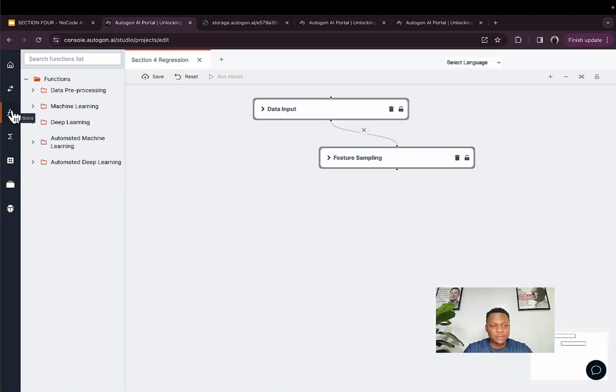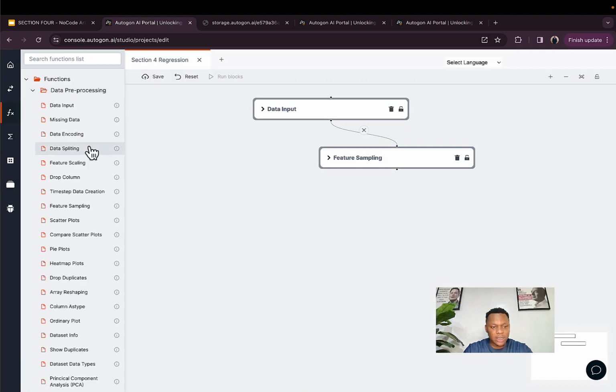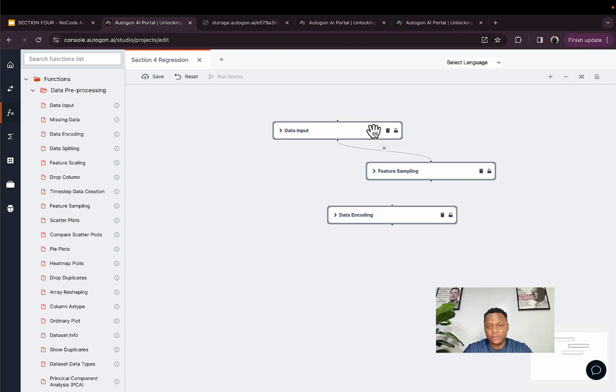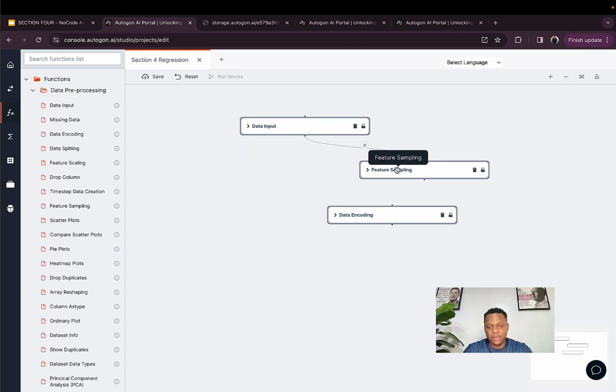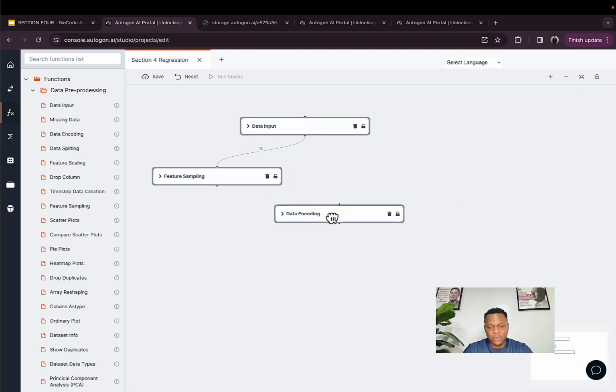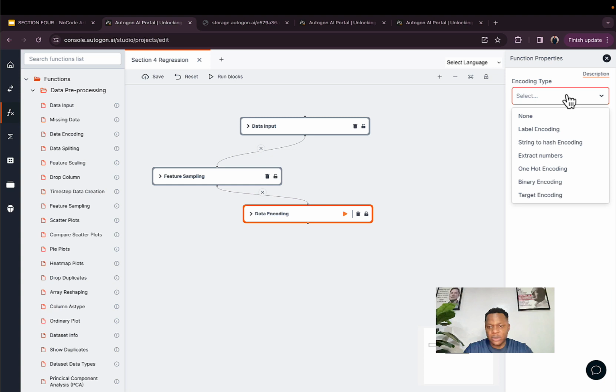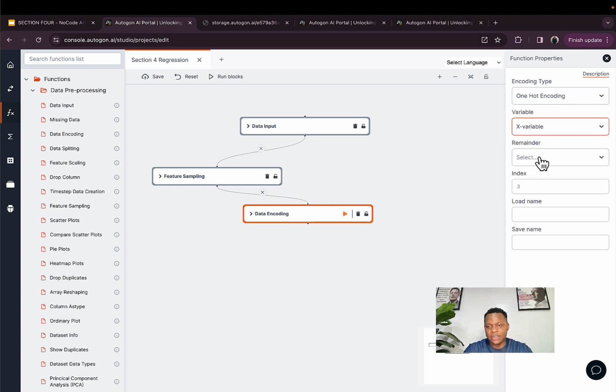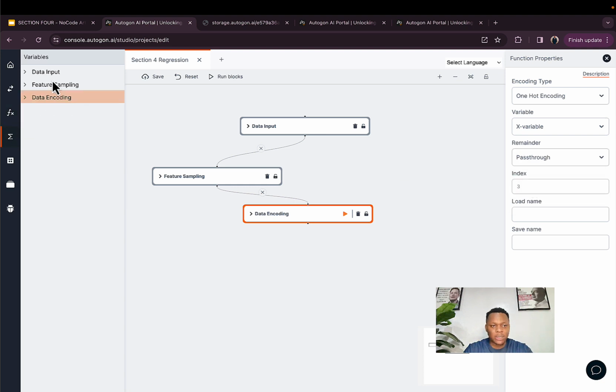So we'll drag in the data encoding. Drag in data encoding, and the data encoding will specify one-hot encoding, and the variable X variable pass through, and then what column are we interested in? One-hot encoding,